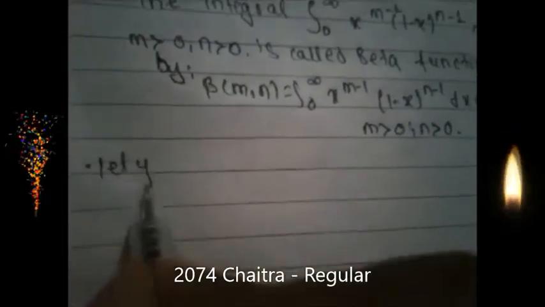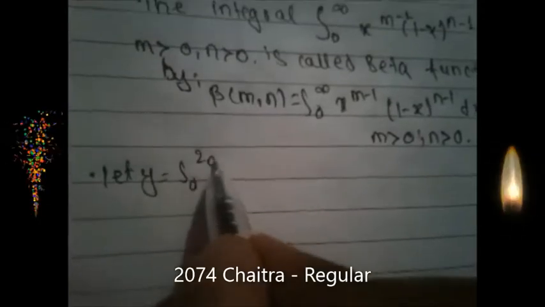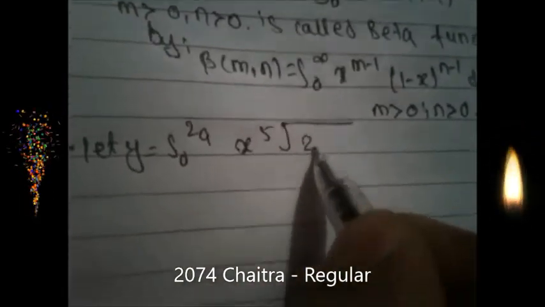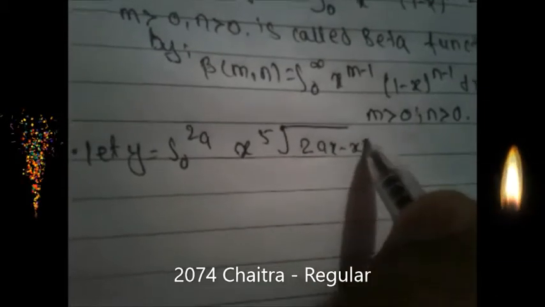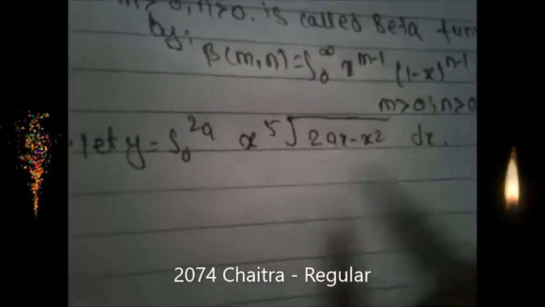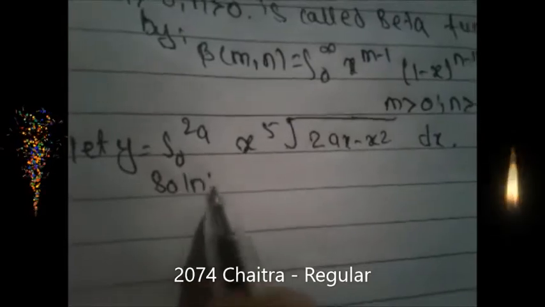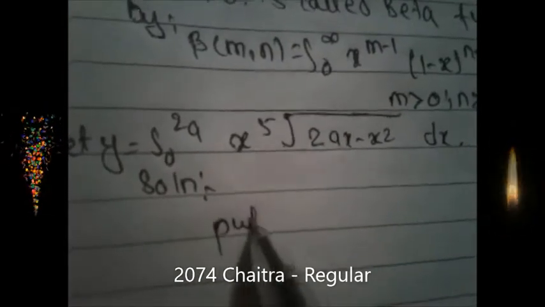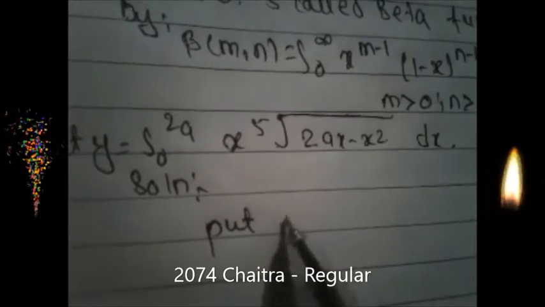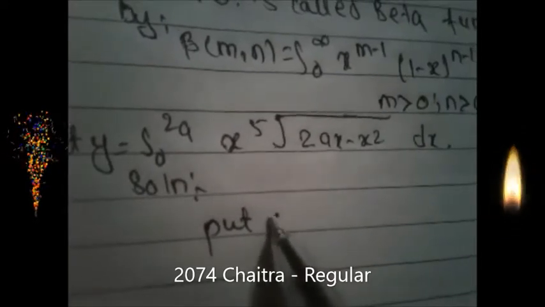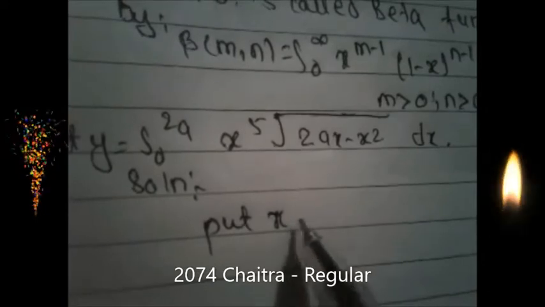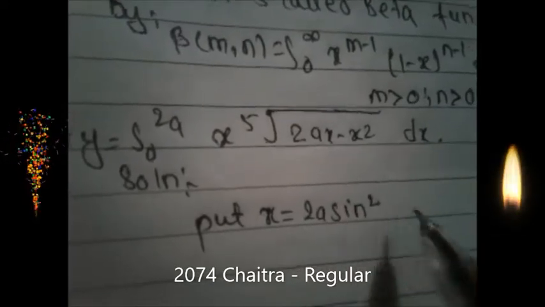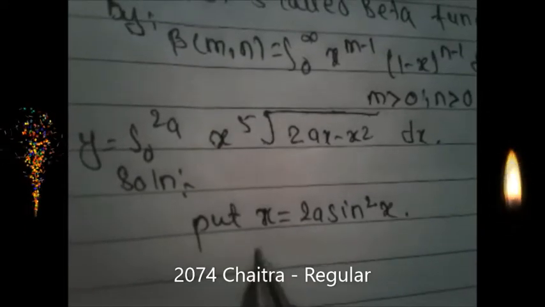The next question asked is: evaluate y is equal to the integral from 0 to 2a of x to the power of 5 times the square root of 2ax minus x square, dx. We solve for this solution. What we do, we put the value of x as 2a sine square theta, then we get